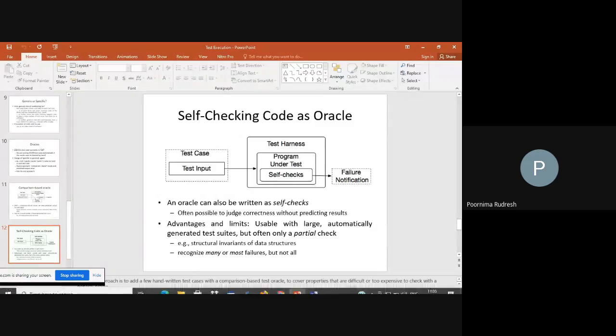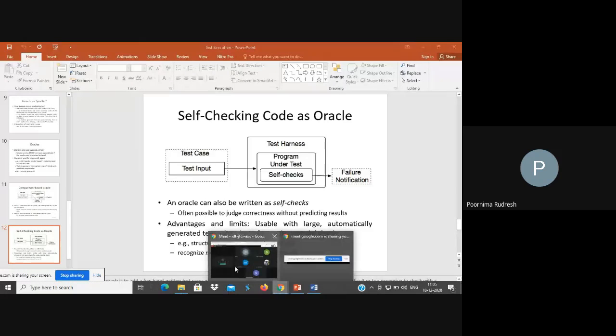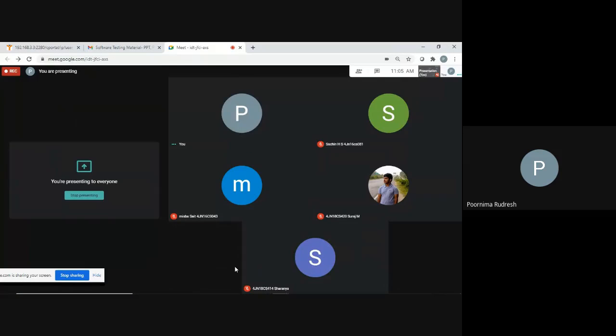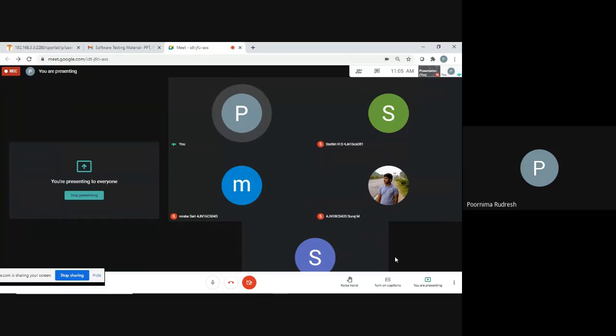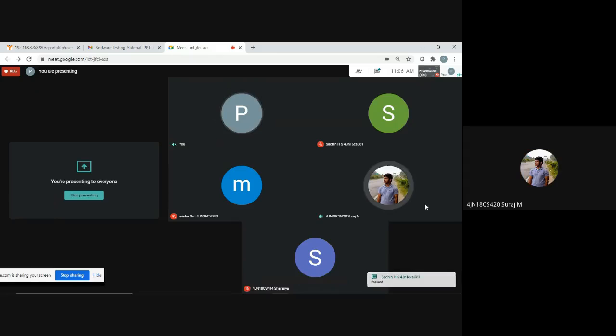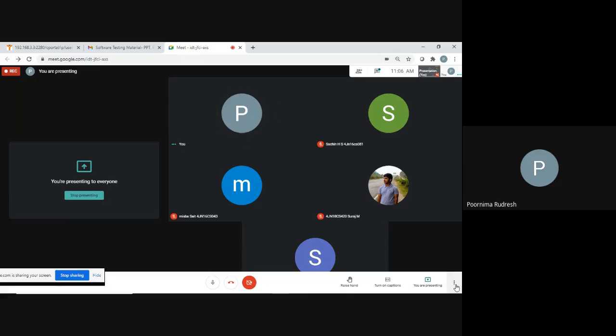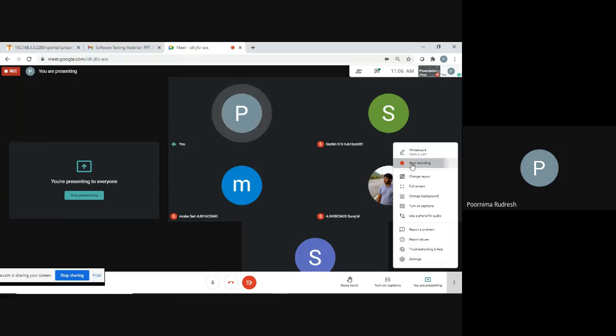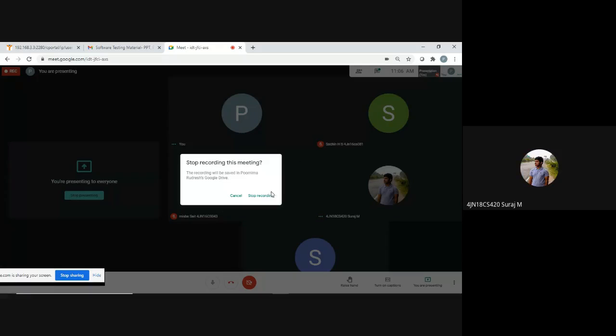Understood? Any doubt in the test execution? Yes, Sharanya, Sachin. No, ma'am. Any doubt? No, ma'am. Understood what is test execution and what is a scaffolding technique, and the generic and the specific scaffolding technique. If you have any doubt, you can ask now. Any doubt? No. If you have no doubt, then